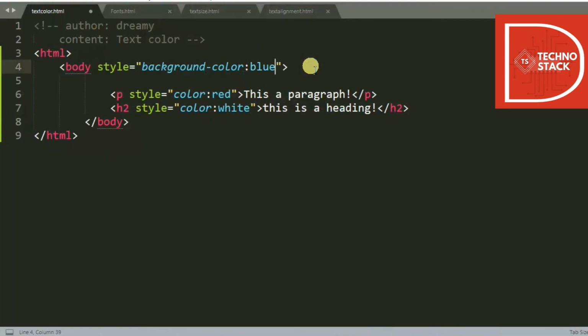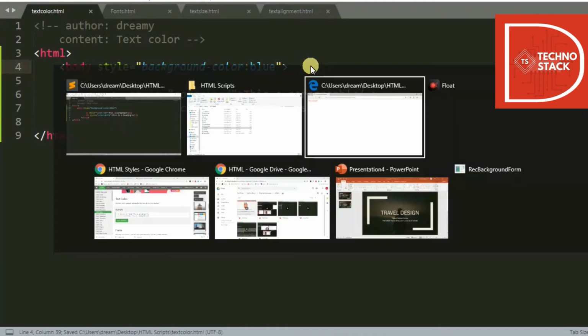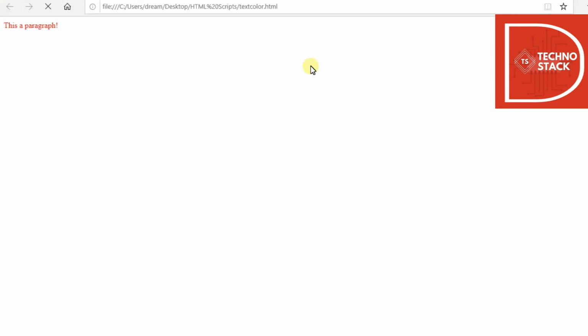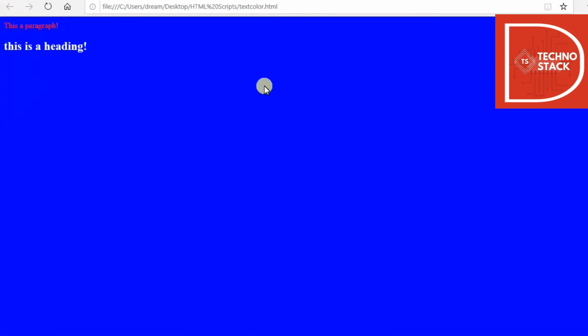Okay, we'll save it again, go over here and press F5 to refresh it. And yes, you can get a blue color over here. You can see the red color written, this is a paragraph, and a white color heading, this is a heading. So this is how we change the color of the text, and the background also.